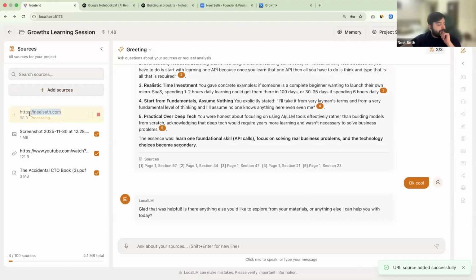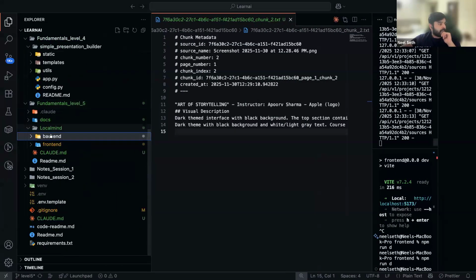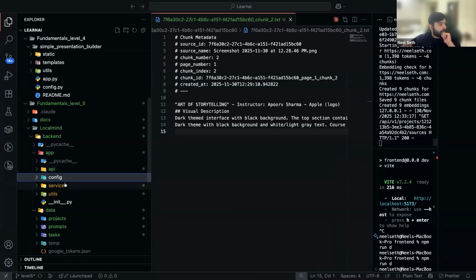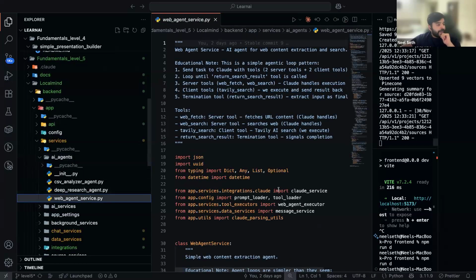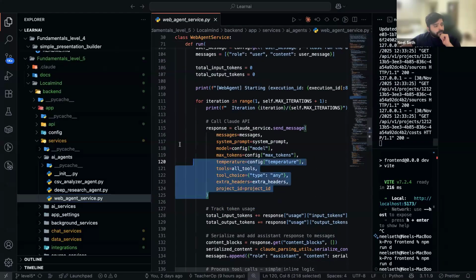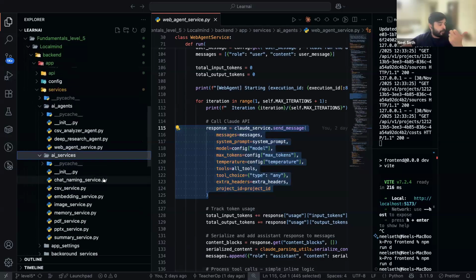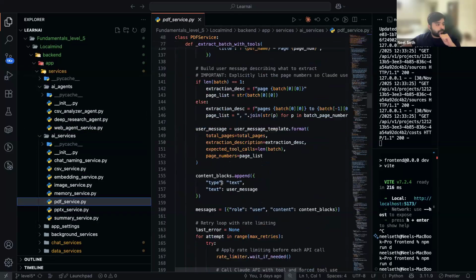Right. So now when we do a web search, there are AI agents, right? There are a couple of kinds of AI agents. If you go into your backend, whenever you see the code base, you have services, you have AI services, and you have AI agents. So there is a web agent service. Whenever you pass a website, this web agent uses the same 6 lines of API. Even your PDF analysis agent, whenever I was uploading a PDF file, if I go to the PDF service,